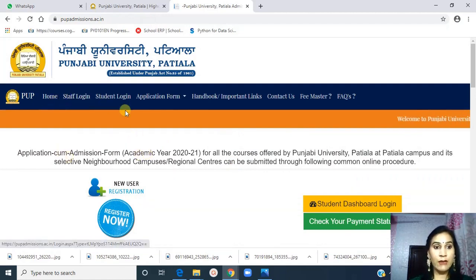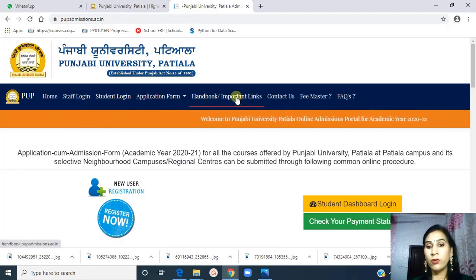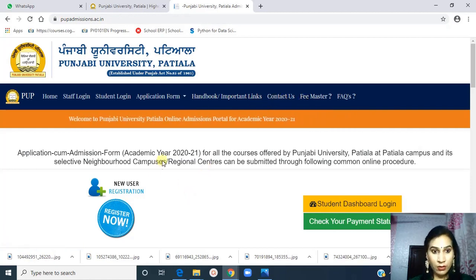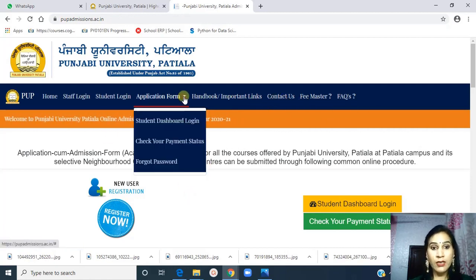In this you are having these icons: home, staff login, student login, application form, handbook, important links, contact us, and many more. If you want to download the application form, you can go here. Here is the student dashboard login. A student has to create his or her login ID. Then if you are going through the handbook, you have to click on this handbook and important links.